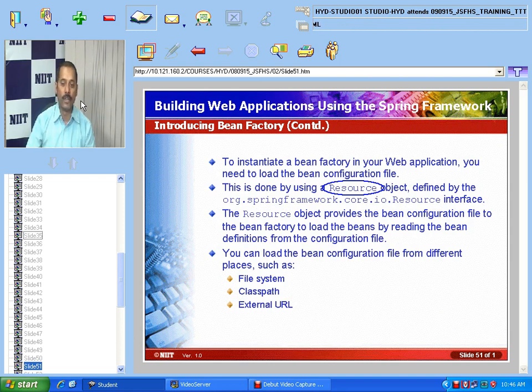This resource object of the bean configuration file loads the bean factory beans by reading the bean definition. We can use different places for this: either the file system, or the class path, or an external URL.